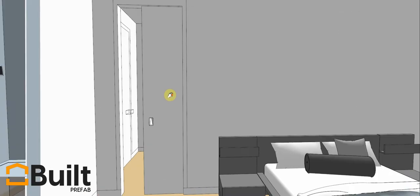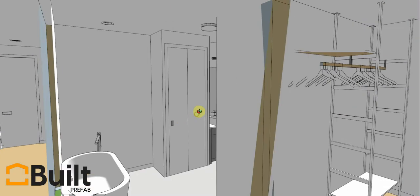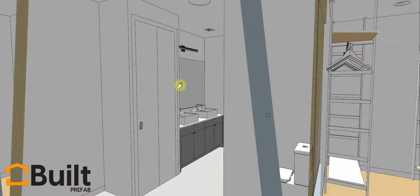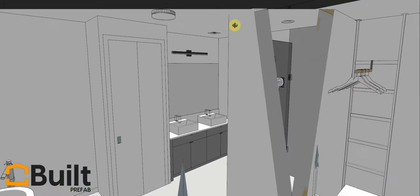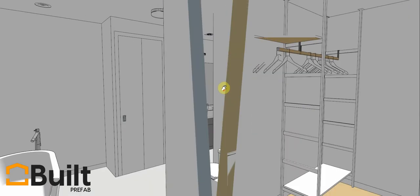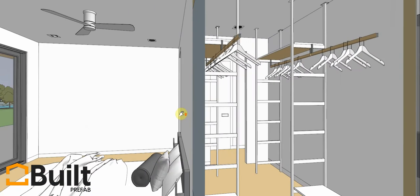Of course, we're going to flip back through here and head into the master bath, and there you have that floor standing tub, freestanding tub filler, and we've got ourselves a closet, double vanity. There's the toilets right here, and then of course a shower, showing that Cusco Bedford ceiling lamp, and the Vega, which is here, and we'll talk more about those when we get to lighting. So in essence, that's the entire home,